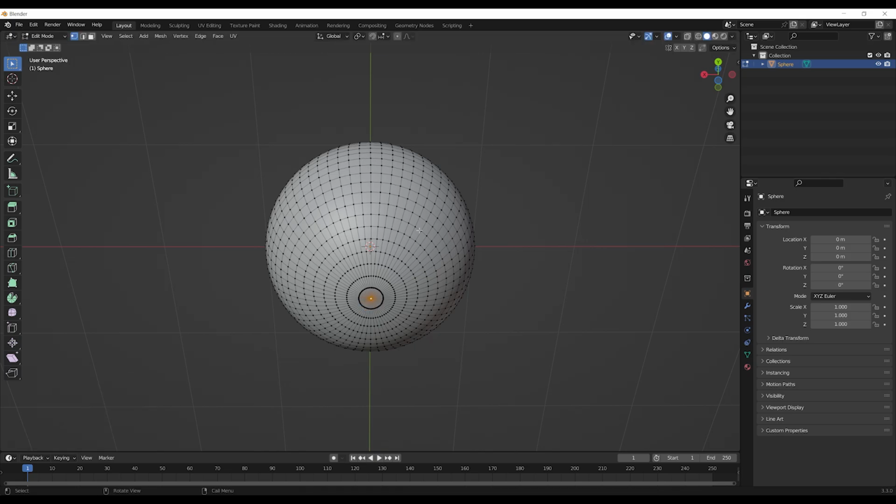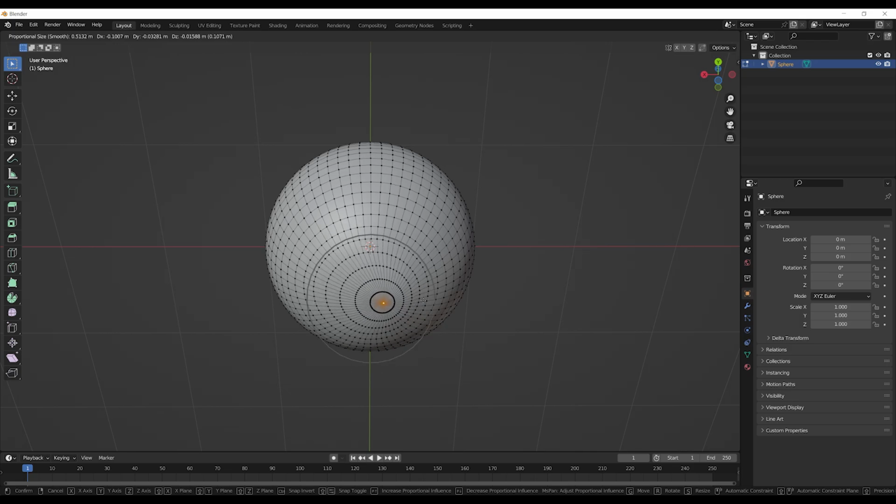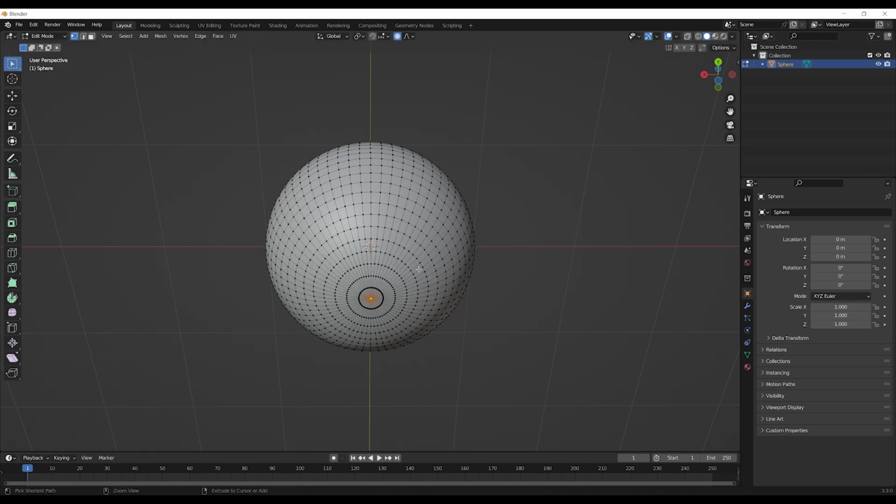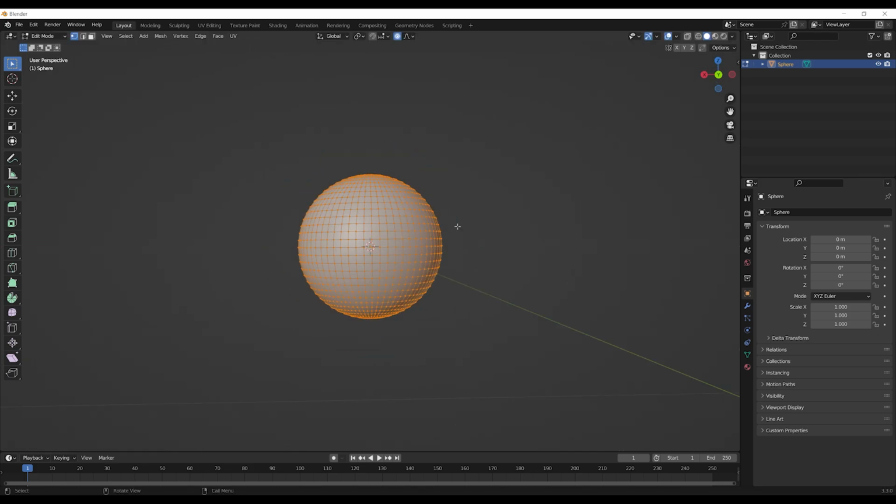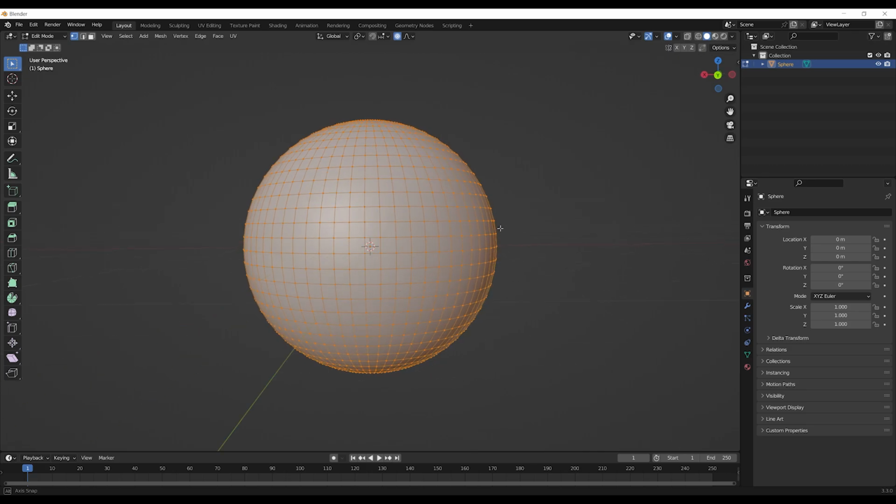And what I'm going to do to fix this is click over there. Now, as you can see, if I press the G key, there is a kind of big circle now. And if you scroll, you can actually change the size of the circle. And this means that you are now able to move all of the neighbors of the vertices that you are grabbing. Now, let me press Ctrl Z